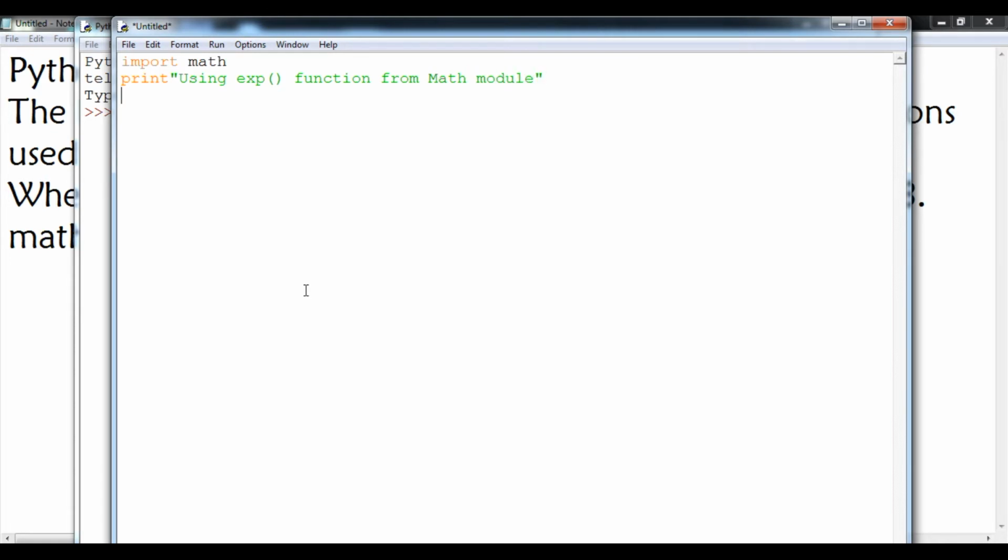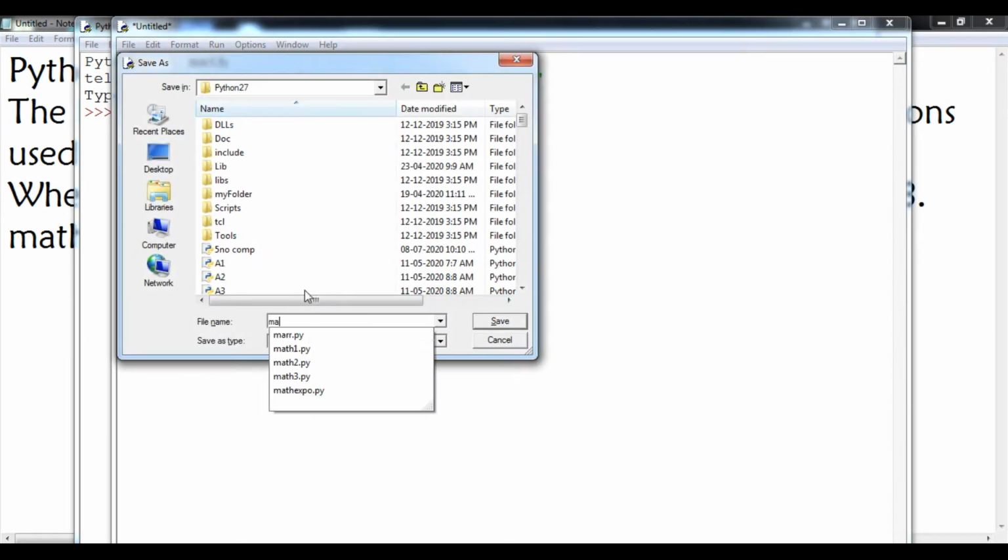Now in the next line, math.exp within round brackets 1, what will come? Same thing, math as a variable, then exp with 1. Okay, now I'm going to just save it.